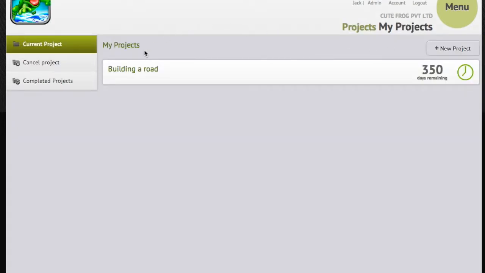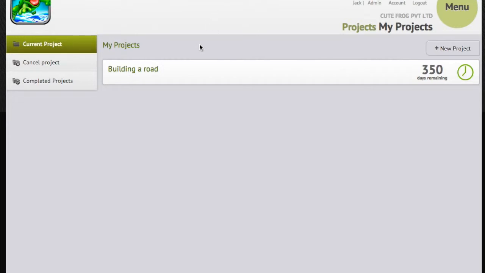You will be shown a list of projects that you are a member of, because there may be a company where they have a few projects running, but if you're not a member of the project team, you will not see those projects. However, if a task has been given to you that is of a project, you will still see that task and you'll be able to work on that task.